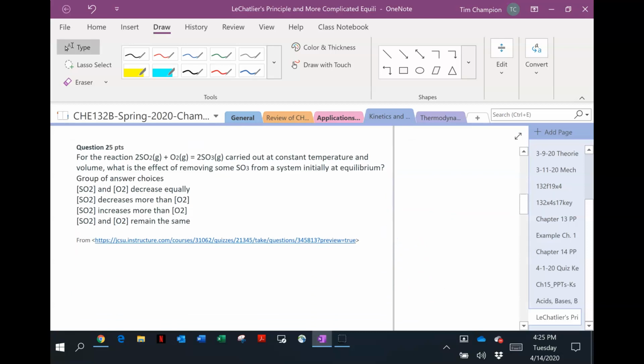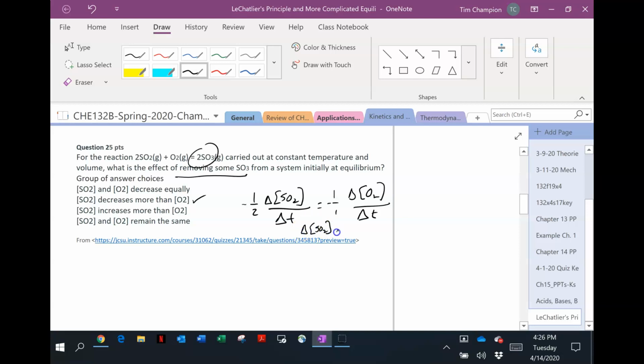Moving on to the second question here, we have an equilibrium, and we're asked about the effect of removing some of the product, right? So product is being removed. That's at equilibrium, and what's going to happen is that we're going to have some of the reactants decrease, and the decrease is not going to be equal, because the second thing there, SO2, is going to decrease twice as fast as O2. Kind of goes back to the rate of reaction thing back in chapter 11, negative 1/2 delta SO2/delta t is equal to negative 1/1 delta O2/delta t,